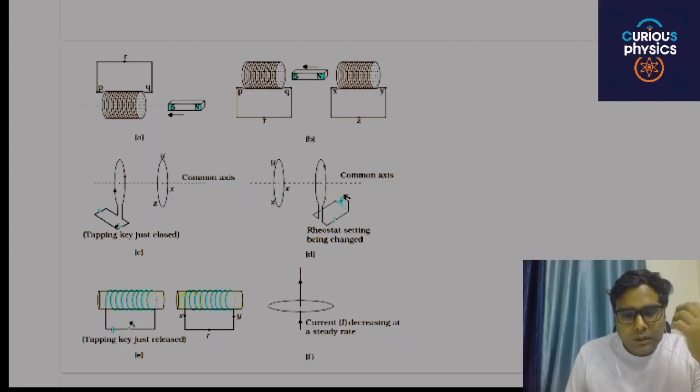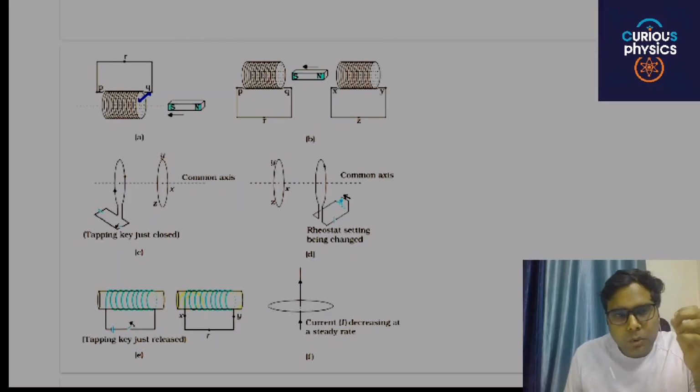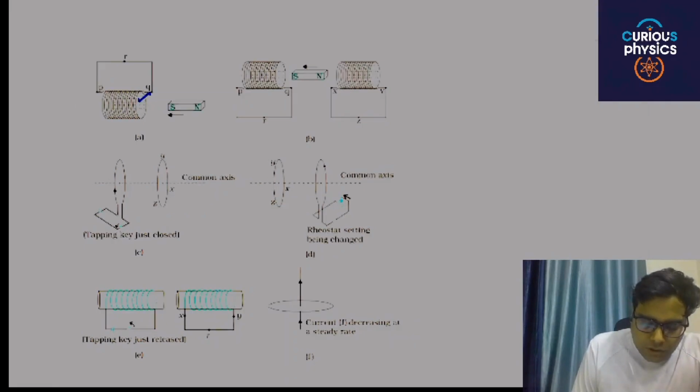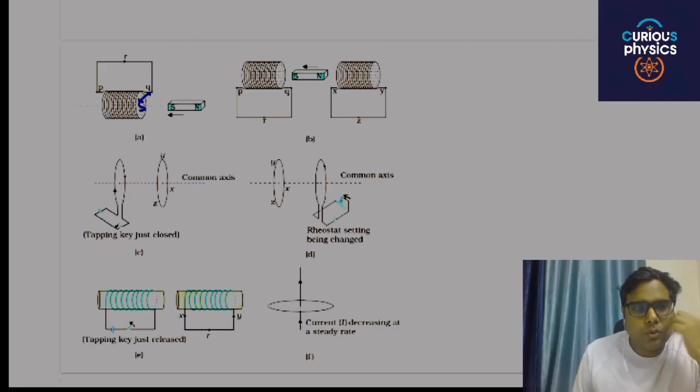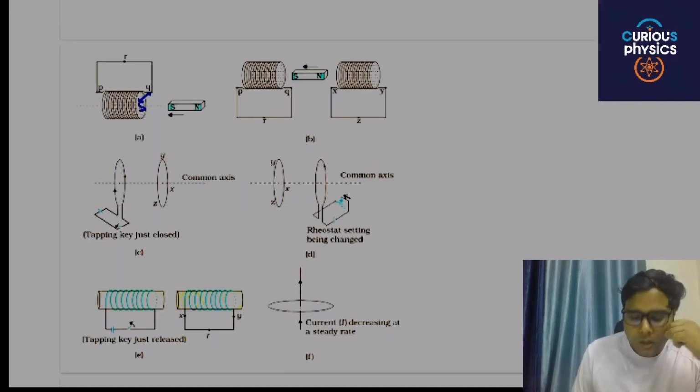In this part which I have marked, what pole will this solenoid try to produce? There will be a force of attraction or repulsion. There will be a force of repulsion. So this particular coil tries to produce a south pole here, and to produce a south pole, what will be the direction of current? To produce the south pole, what will be the direction of current?